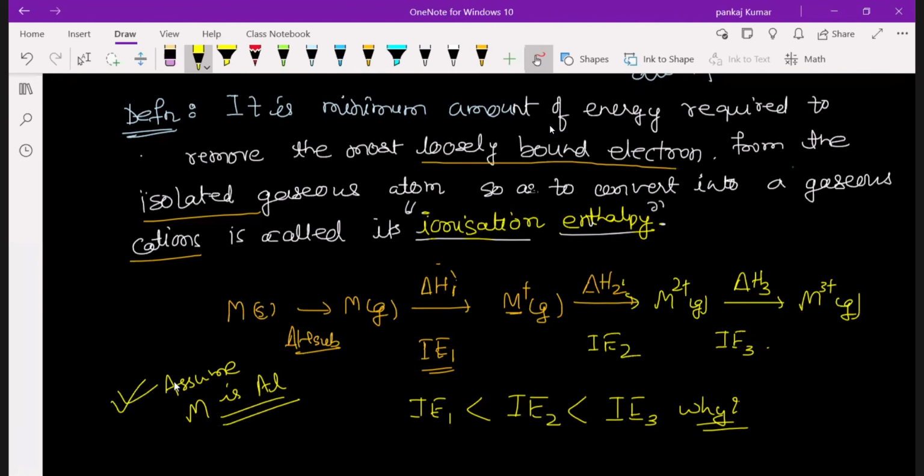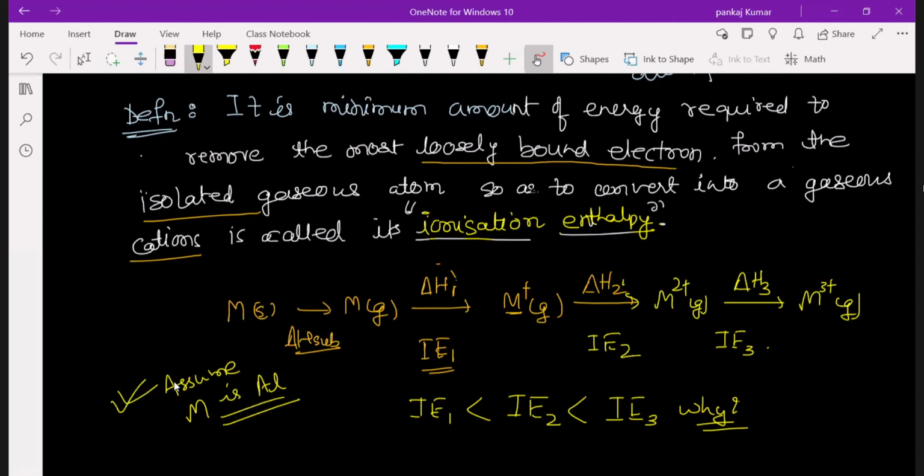First I told you to take the metal in solid state and convert it to gaseous state, because you have to remove the electron in gaseous state. We can't remove electrons in solid and liquid state, because in gases the atoms are isolated. Now if you give energy, one electron is knocked out from the valence electrons, so it becomes M+. Again if you give some more energy, a second electron is also removed from M+ and it becomes M2+. And if you give energy again, it becomes M3+, all in gas state. So the first energy, delta H1, is I1, delta H2 is I2, and delta H3 is I3. I am asking the question: why is IE3 greater than I2, and I2 greater than I1?